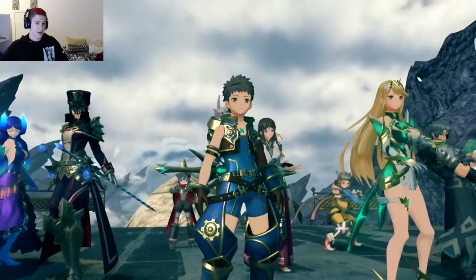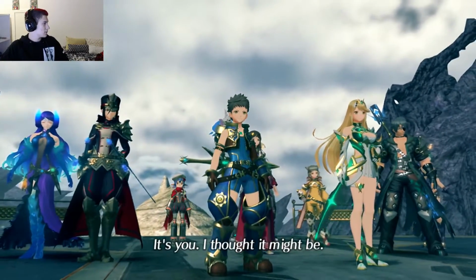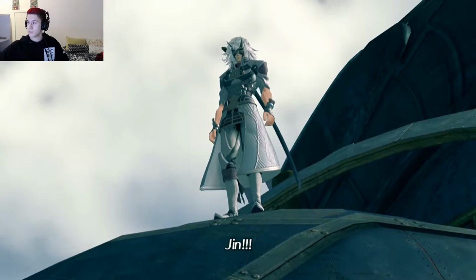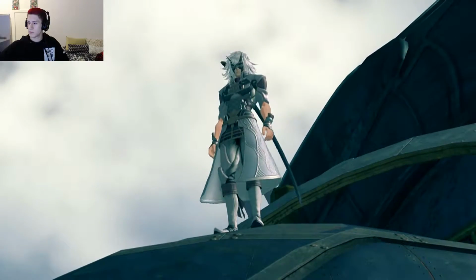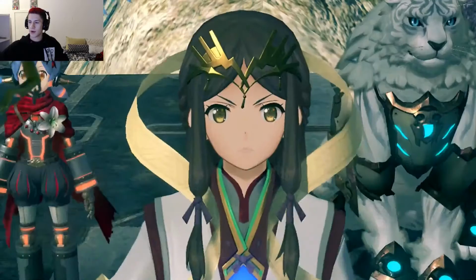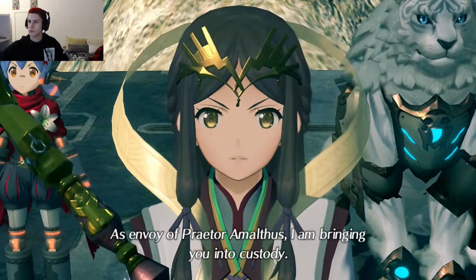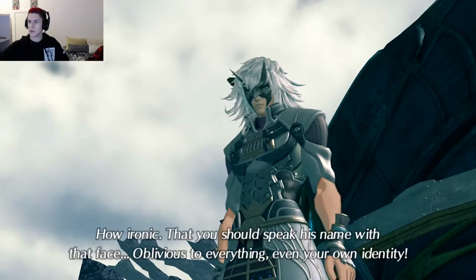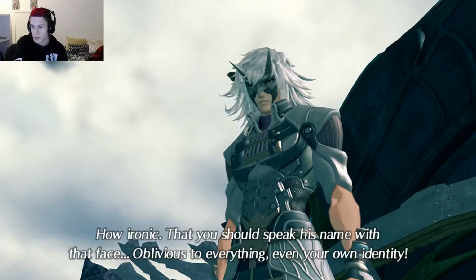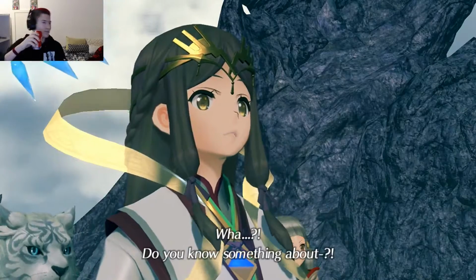It stopped. Yes, seems like it. It's you. I thought it might be. Jin! I knew it. So this is Jin, leader of Torna. I am Fan Lenorn. As envoy of Praetor Malthus, I am bringing you into custody. How ironic that you should speak his name with that face, oblivious to everything, even your own identity. What? Do you know something about...